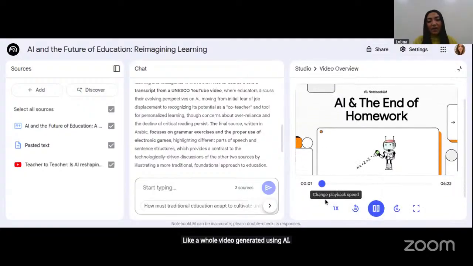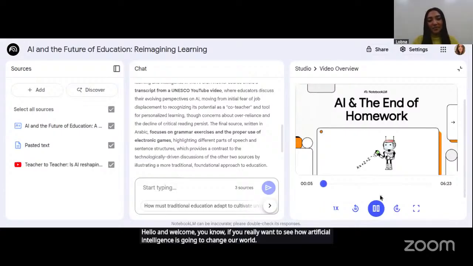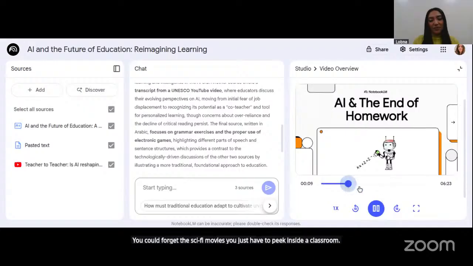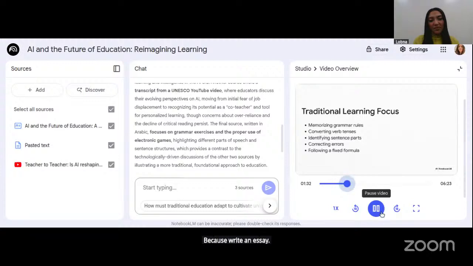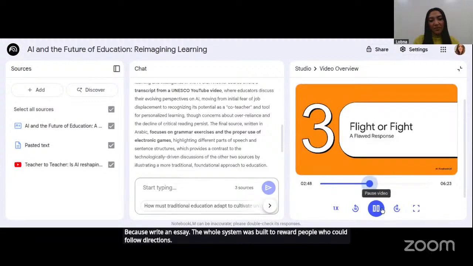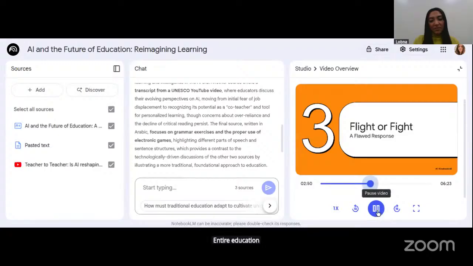Hello and welcome. If you really want to see how artificial intelligence is going to change our world, you could forget the sci-fi movies. You just have to peek inside a classroom. The whole system was built to reward people who could follow directions. Entire education industry. And so far, the responses have been